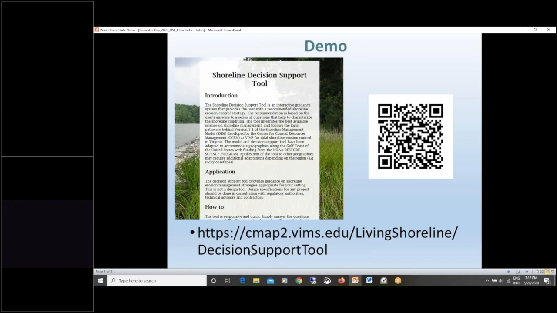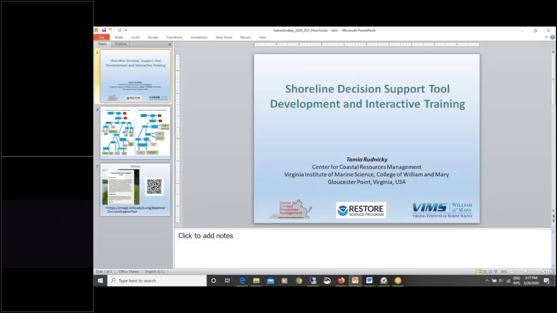I'll show you the tool in just a moment, but first I wanted to give you the opportunity to open the tool on another device if you want to follow along. Chris shared the scan code for the tool, and the URL is shown on the bottom of the slide. It's also provided on the agenda. So we're just going to go down to